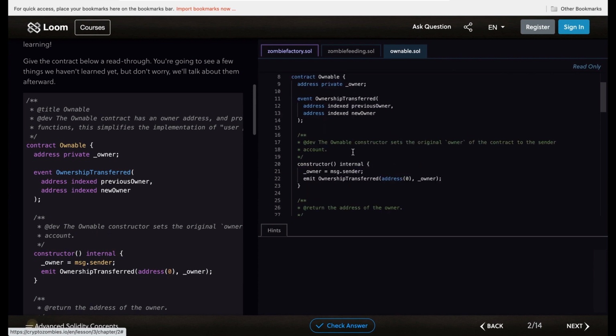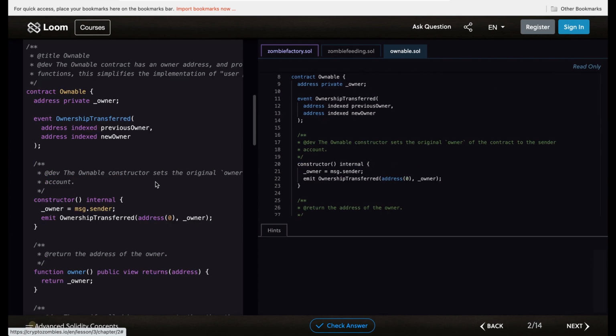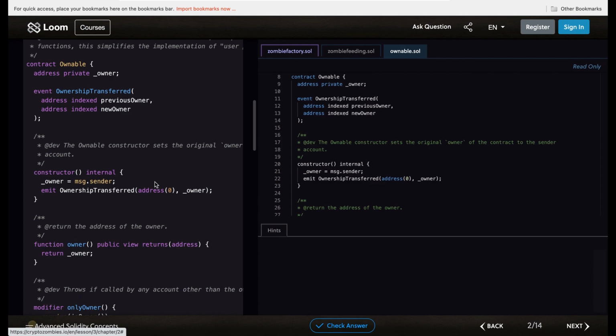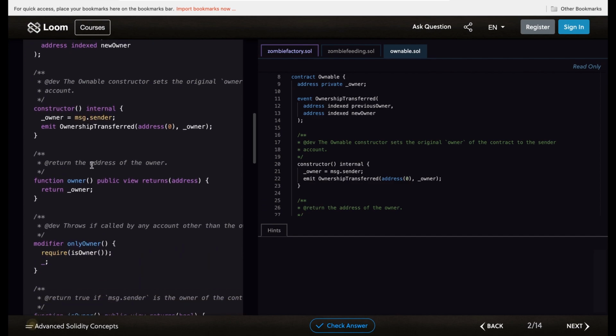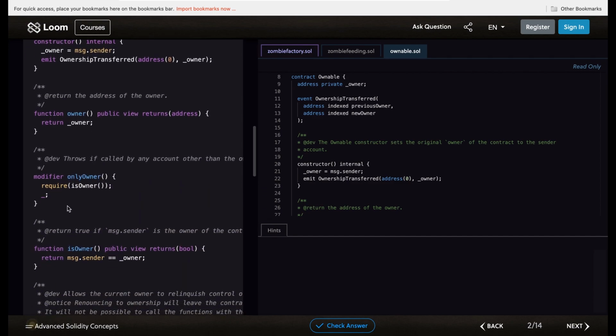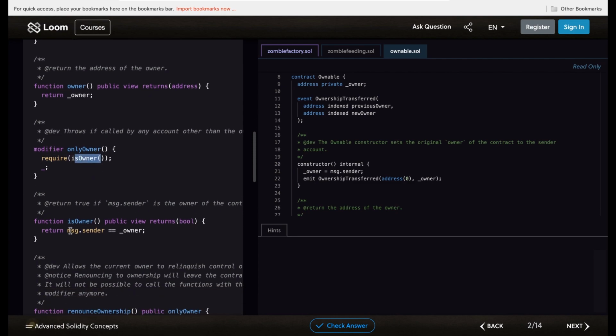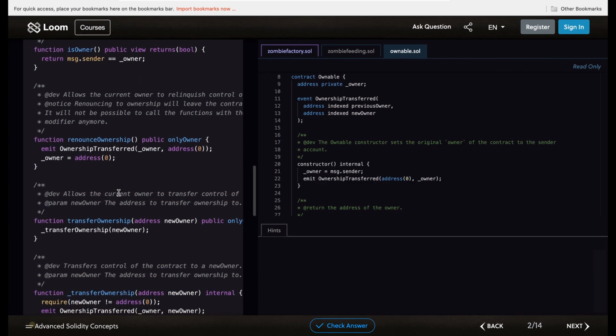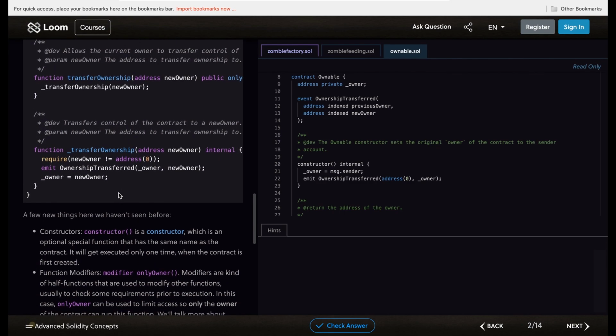You can see the program here too, and you can see it will check whether you are the owner of the contract, and this is the owner of the contract. And in the later part you can see it will require this is owner, so it will check whether whoever executes this function is the owner of the contract. And we can skip this part, and you will see